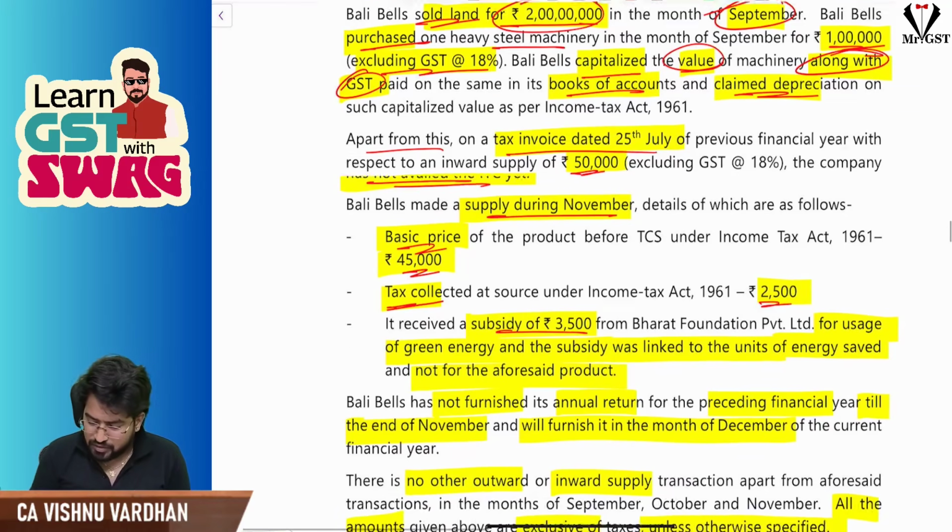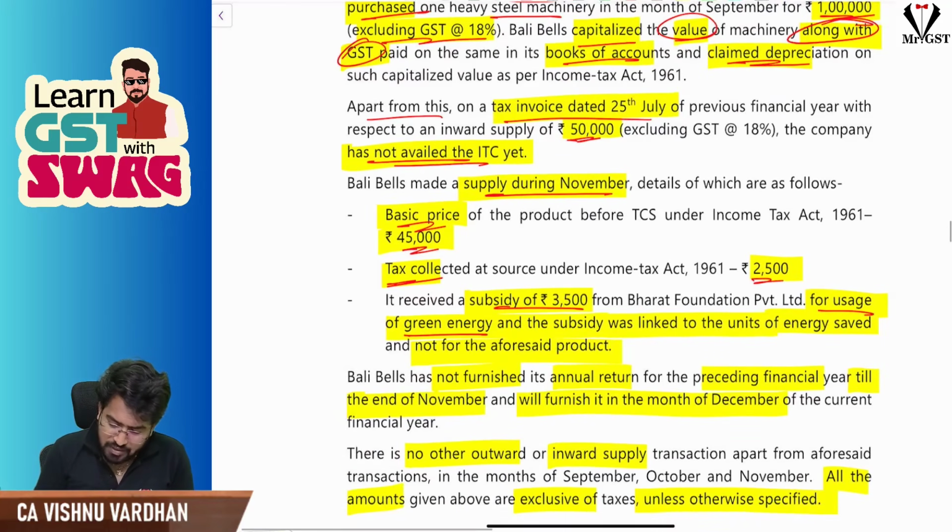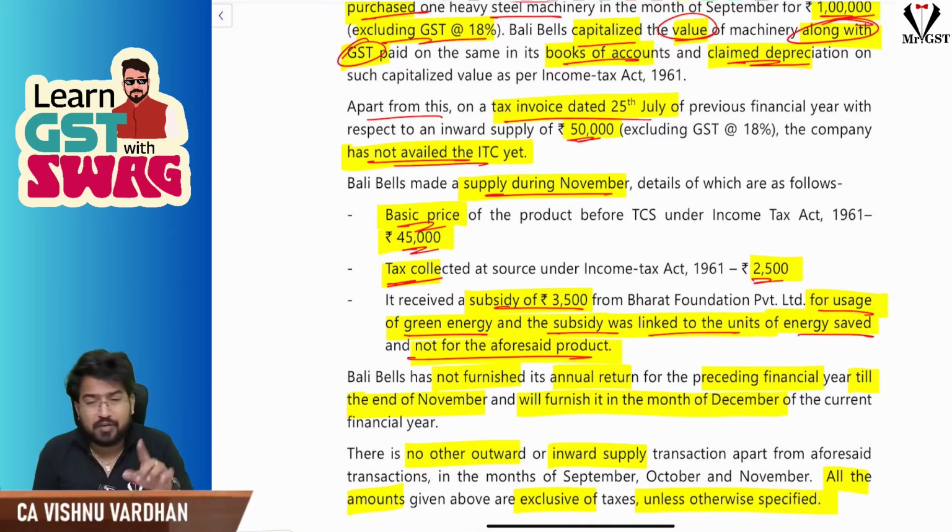Subsidy 3,500. But this is for usage of green energy. Subsidy was linked to units of energy saved and not for the aforesaid product. So this is not a subsidy linked to the price. Please understand that. So that means this subsidy you should ignore. Even though this is received from any person other than central government, state government, you will ignore that. So 45,000 base price. TCS also we will not add. So the value of supply will be